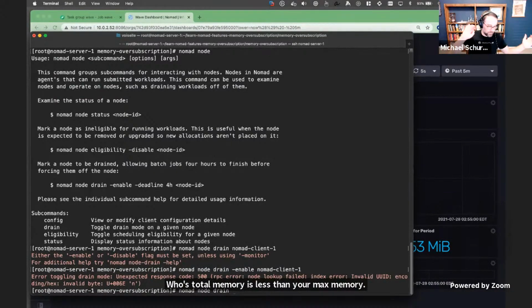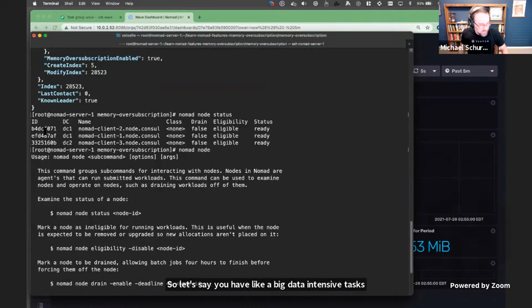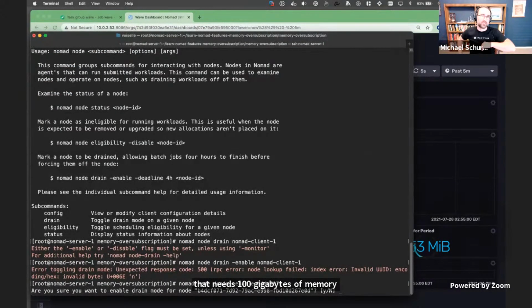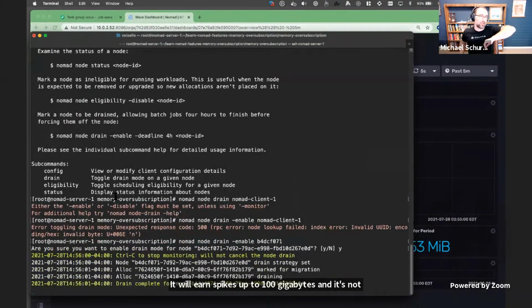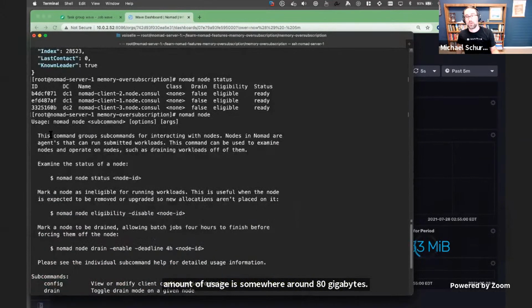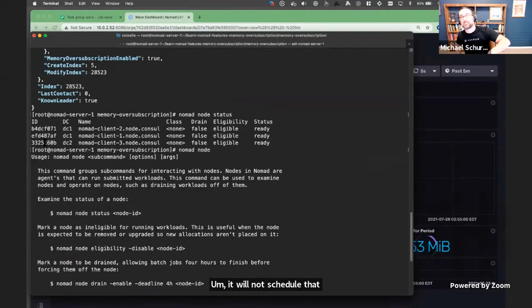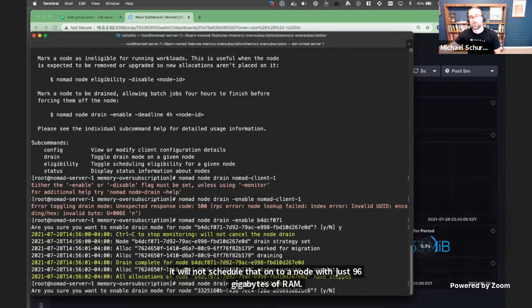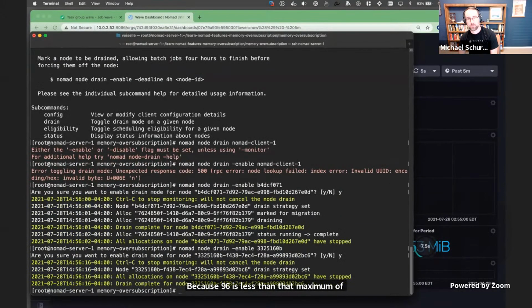So let's say you have a big data-intensive task that spikes up to 100 gigabytes, and its normal amount of usage is somewhere around 80 gigabytes. It will not schedule that onto a node with just 96 gigabytes of RAM, because 96 is less than that maximum of 100. So it would make sure to only schedule it on something with 100.